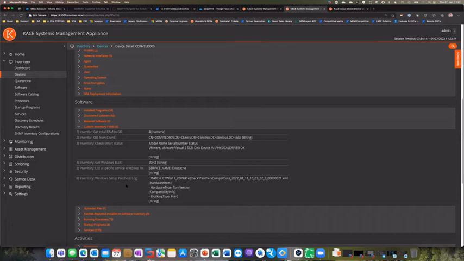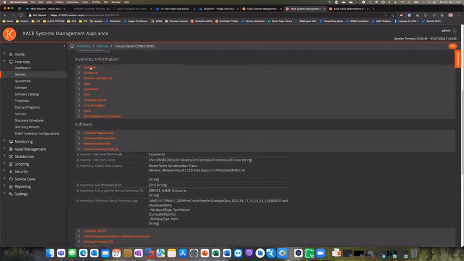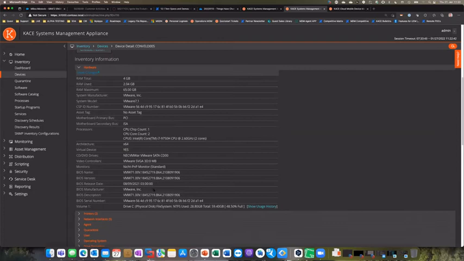But here you can see, for example, I had checked one of my VMs. I disabled the TPM module. So my pre-check script is telling me that something is wrong with my TPM version. The blocking type is hard. That means that I can't upgrade to Windows 11 right now. So if the TPM version, for example like this here, shows up in our pre-check, we know we maybe need to enable the TPM. And this is also something that we can do with the SMA, because here within our